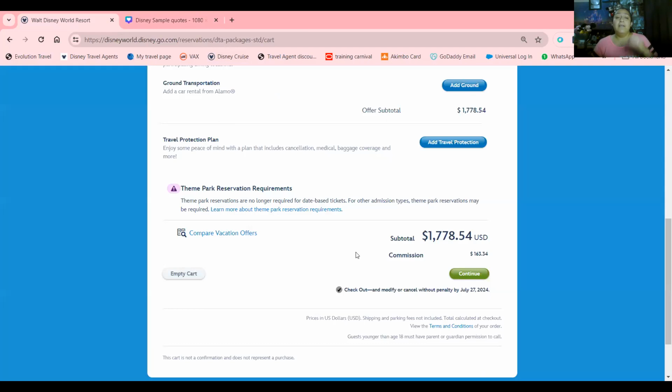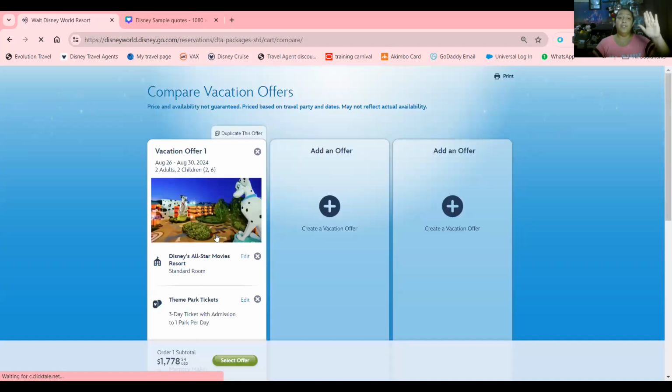All right. On here on the side, you guys can see compare vacation offers. A lot of people tend to miss this one. And this is very, very informative and very helpful for you. And I'll show you how to utilize this, because there's different ways you guys can utilize this specific thing. If you guys click on vacation offers, you guys are able to go ahead and compare your original to 2